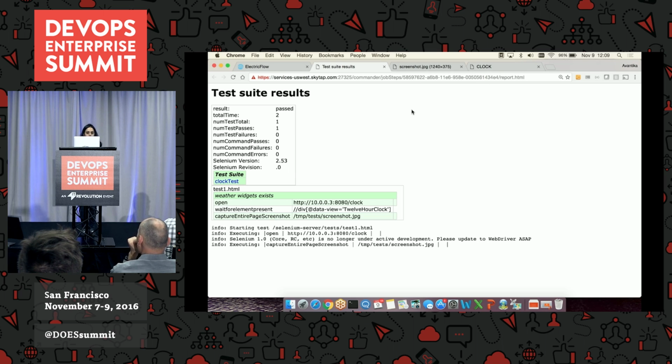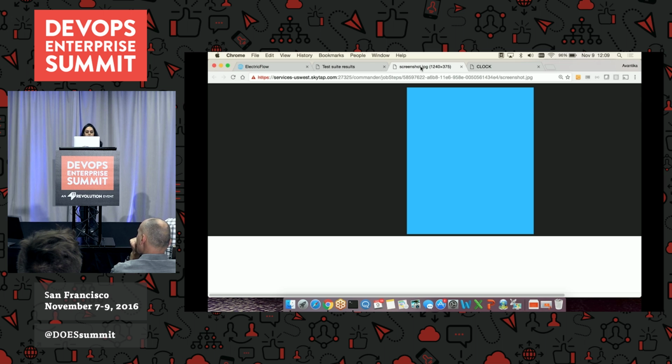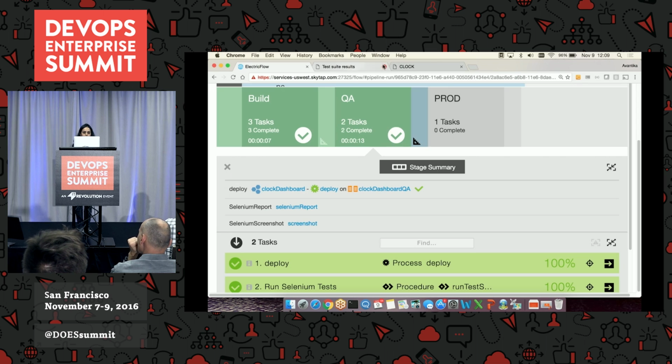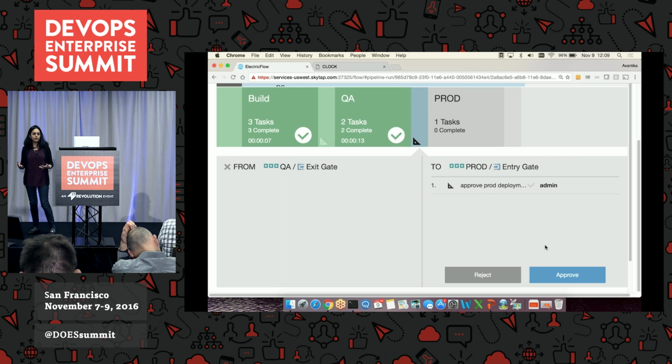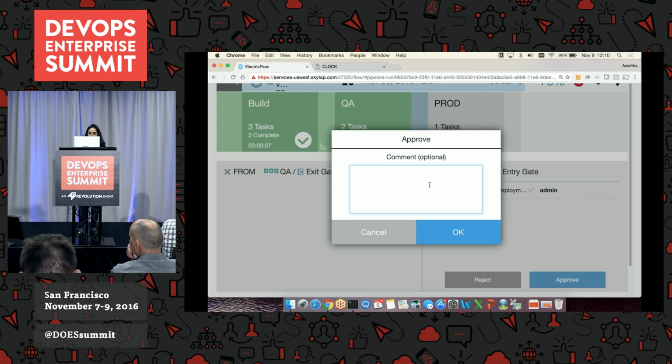We've passed, we're looking good. And then I come into my screenshot. I don't see the clock, but I see that the color was changed successfully. So with that, I have one more approval here that I've added before I go into production. I want to make sure someone can go in and look at these test results, make sure they look good. These can also be automated. So if I have 100 tests being run, if I'm okay going on if 95% of them pass, I can automate that as well. So I will approve,